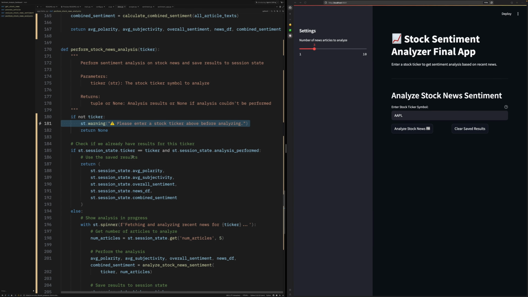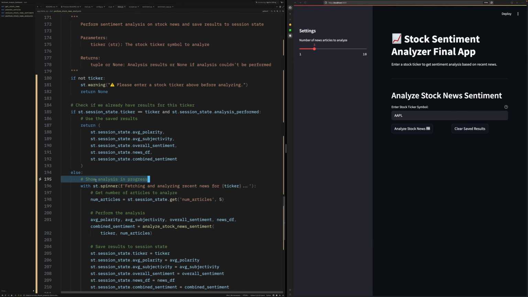The first thing we're going to do is check if there's a ticker. If not, we're going to show a warning and return None. Next, we check if there is a result for this ticker already. If there is, we're going to use that. We don't want to recompute it. If there is not already a result,